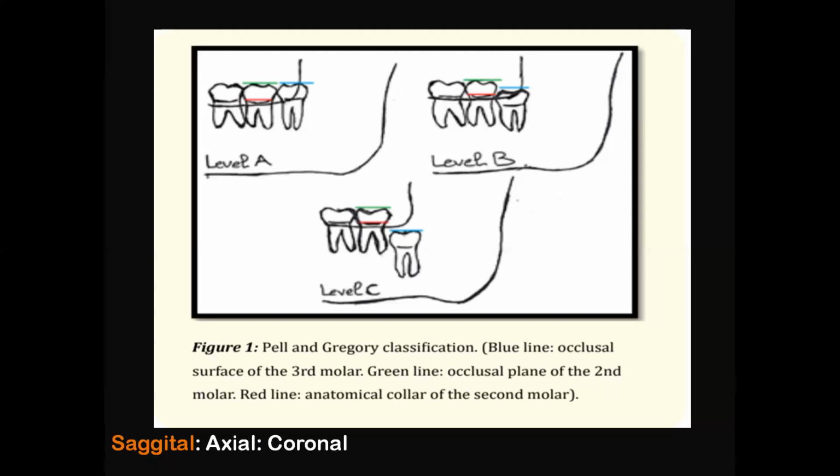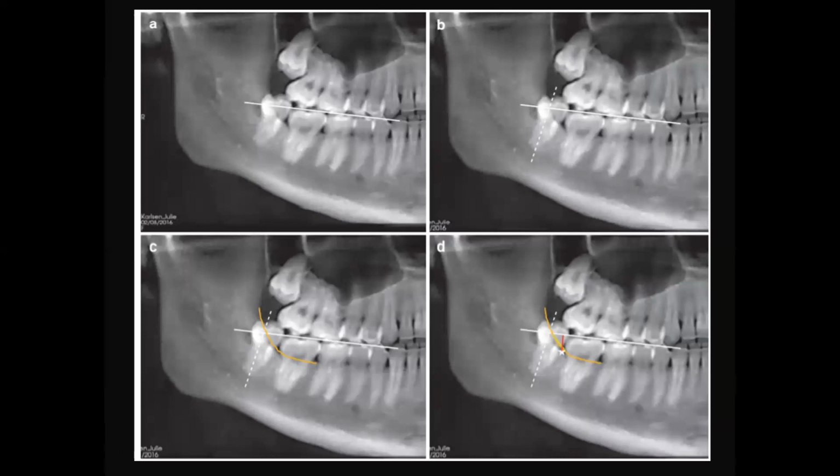But how do we see this as a difficulty point of view? As I told you, it will be better seen in the sagittal view. So let's go back to the radiograph. This is a sagittal or a panoramic view, you can say. You can see that we have passed a horizontal line from the cuspal tip. And another vertical line we have passed is along the long axis of the third molar. And this yellow line you can see that we have drawn is the external oblique ridge.